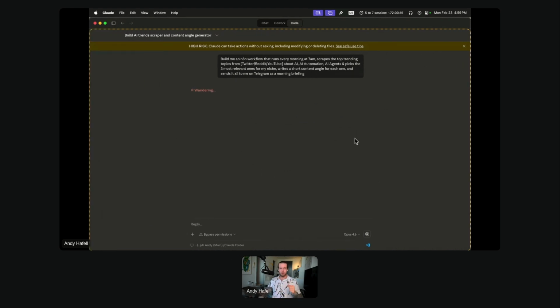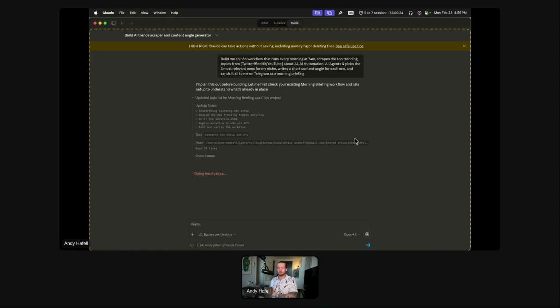However, for you, it's actually not going to get access to your NAN or your Airtable unless you give it the API key and a personal access token. If you're familiar with this, you already know how to do this. But for the ones that aren't, I'm going to show you how to do that right now.